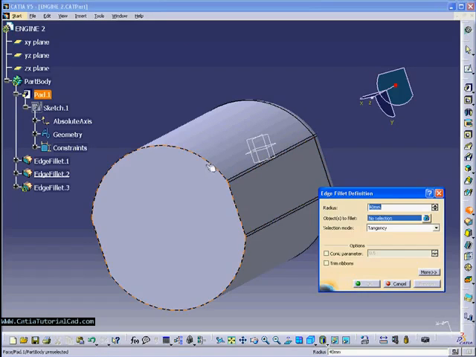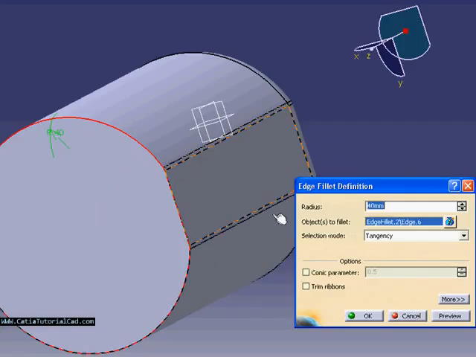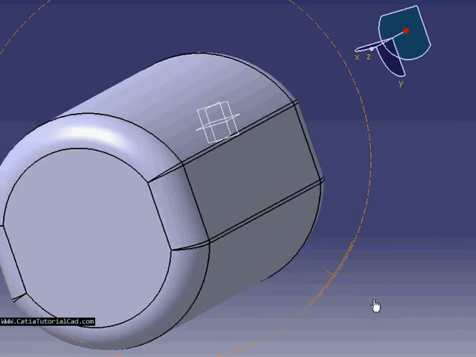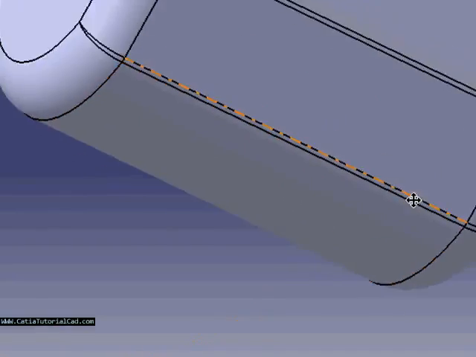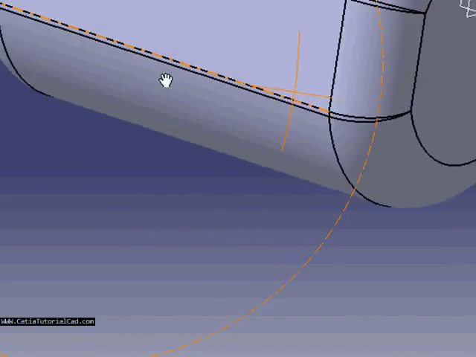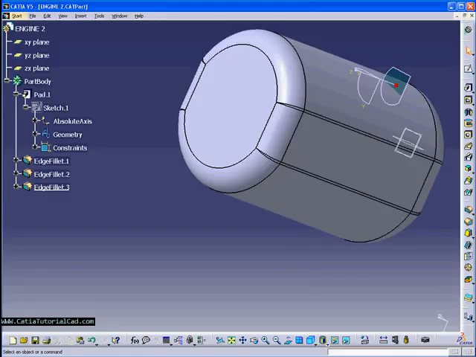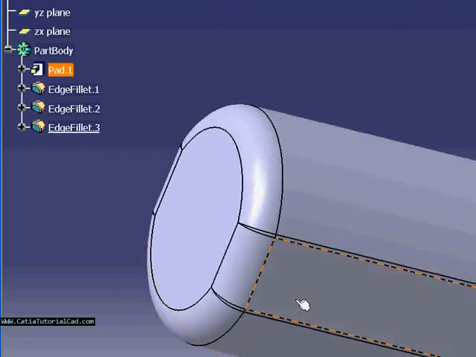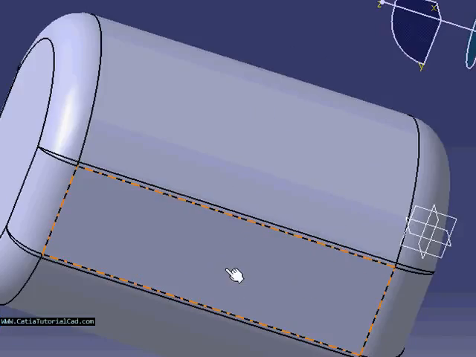This is an edge fillet again. Let's make this face almost similar to the one we just did before. Okay, and we just change the radius on that. So we did the front and back, and the sides we did that. Okay, and if you notice the tree on your left, each thing we do goes there. So now